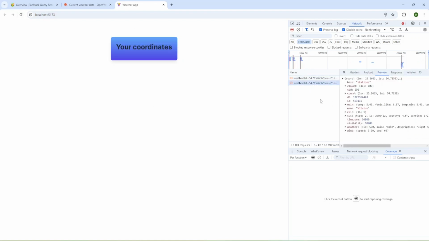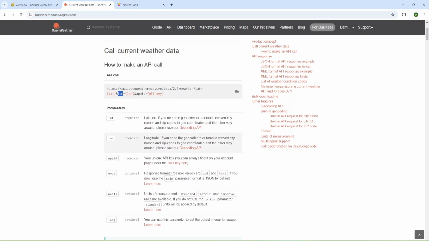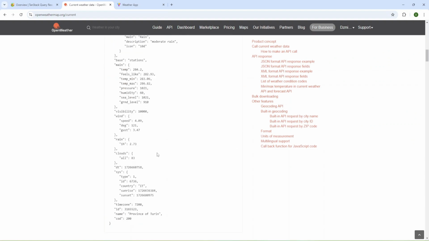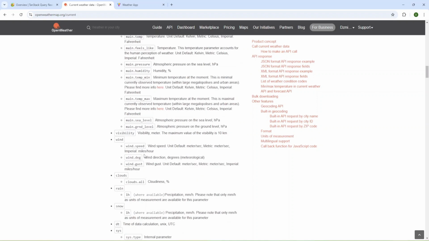I'm going to refresh, and we retrieved the data, and we can check what we have. We have coordinates inside, and also we have main, and as you can see, we have temp and temp max, temp min, and other values that are described here. You can check the whole response example and the meaning of each value.